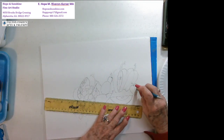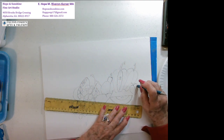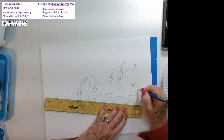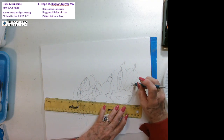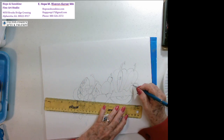Next time that you go to the grocery store, touch the produce, see the surfaces of the different fruits and the different vegetables, and also visualize how to paint it. Visualization helps all artists a lot, and if you want to become a professional artist, or just do it as a hobby,